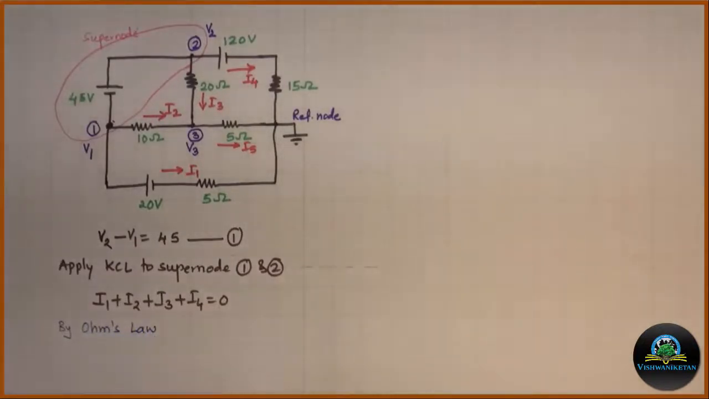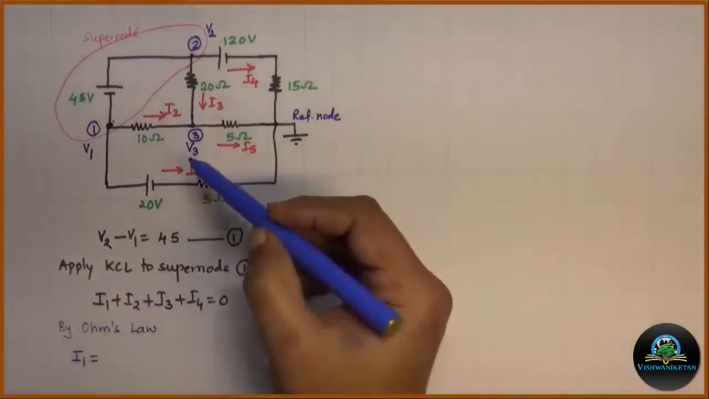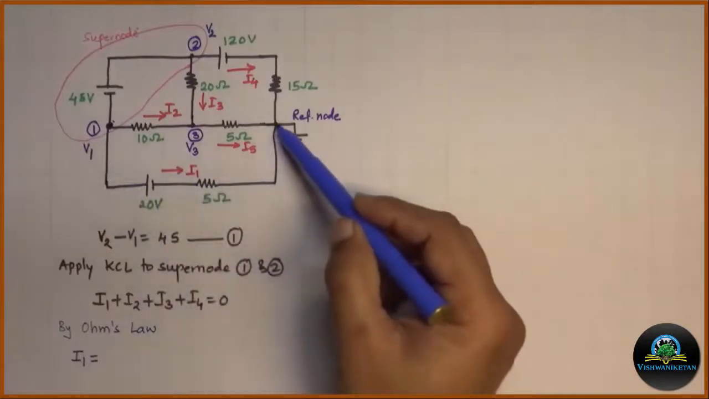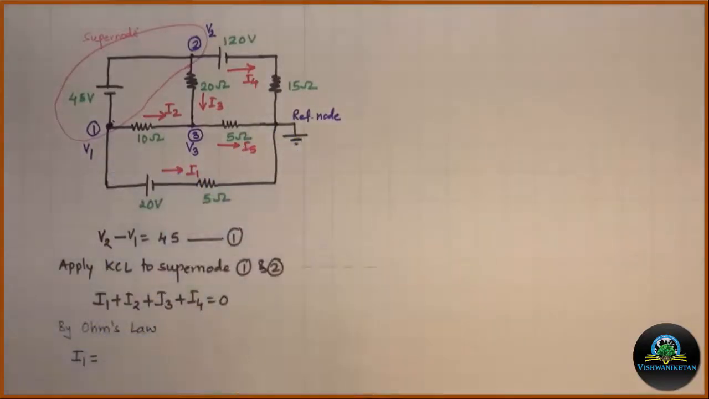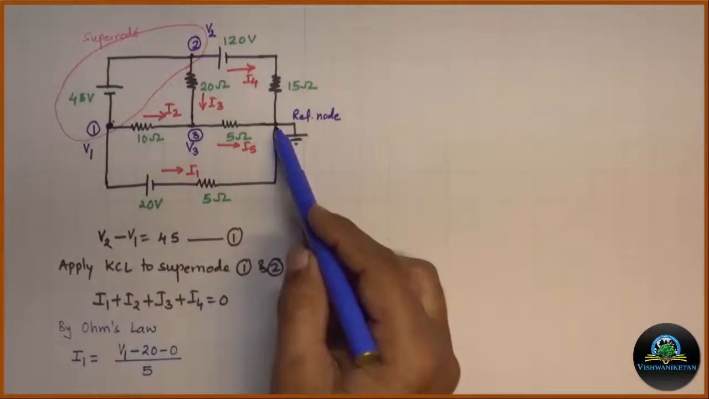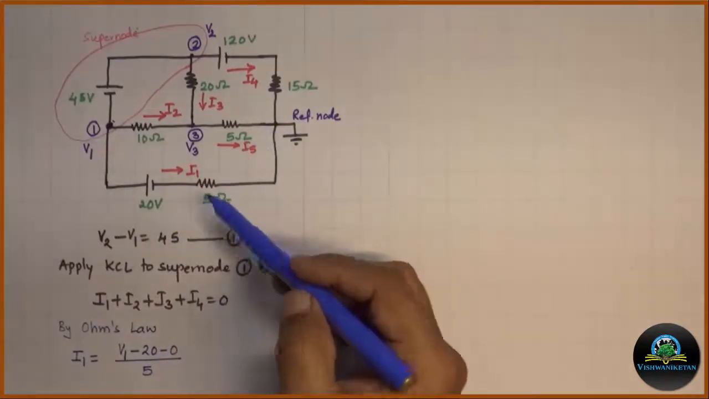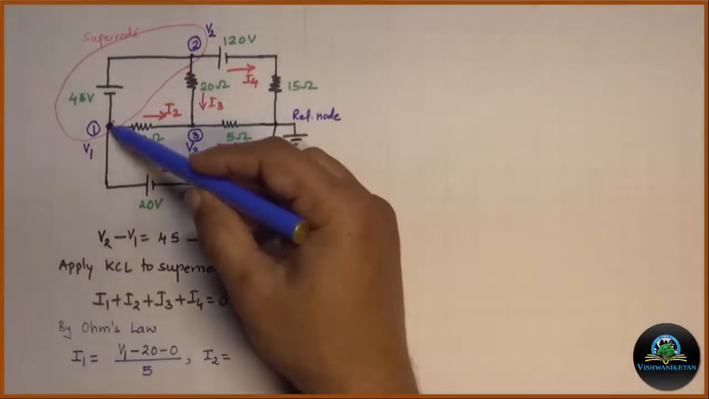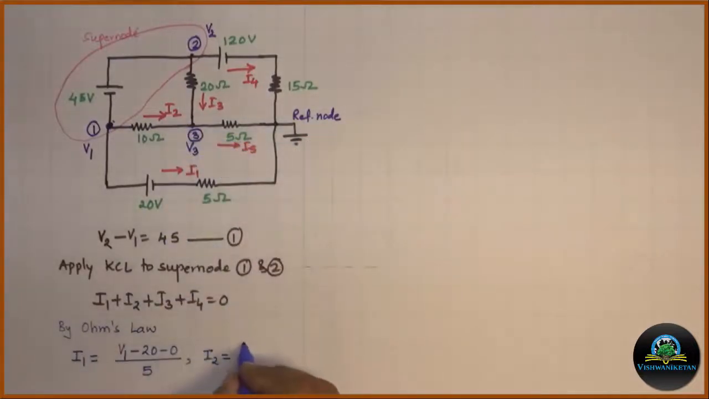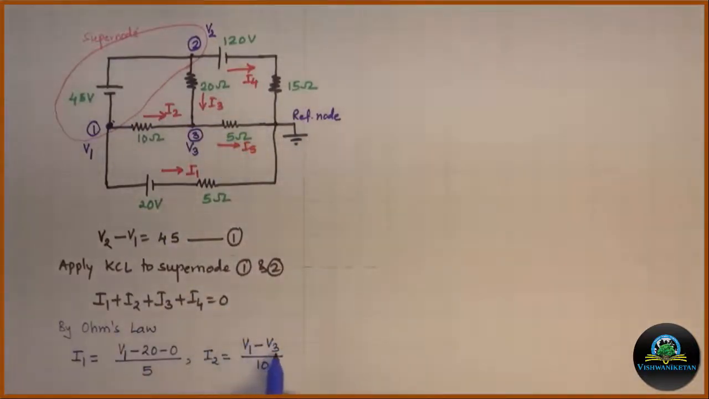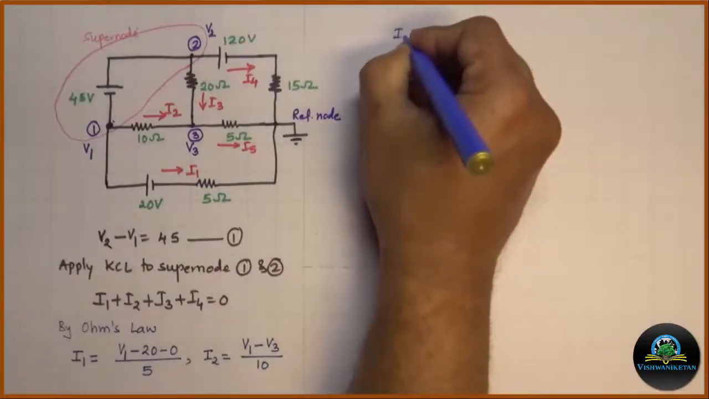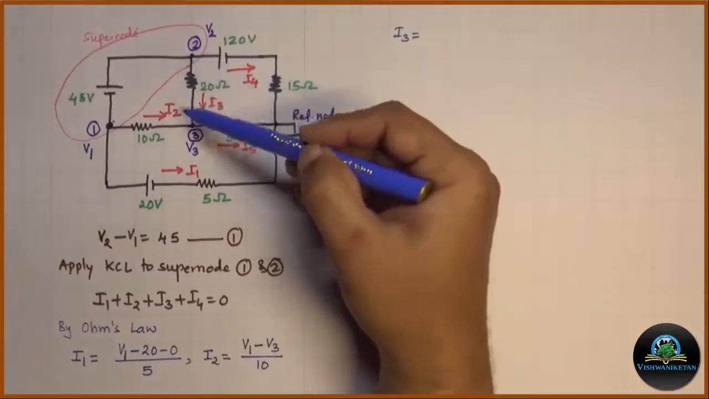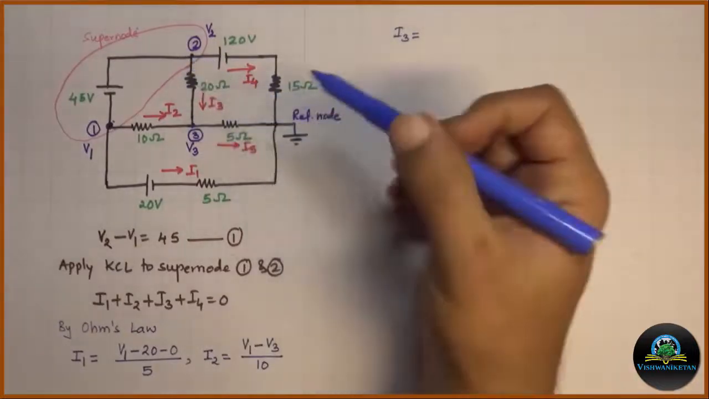By Ohm's law, I can write down the formula for I1, I2, I3, I4. I1 is the current flowing from node 1 to reference node. Hence, it can be written as V1 minus 20 minus 0, that is the potential of reference node, divided by 5 ohm. I2 is the current flowing from node 1 to node 3. Hence, it can be written as V1 minus V3 divided by 10. Then I3 is the current flowing from node 2 to node 3. Hence, it can be written as